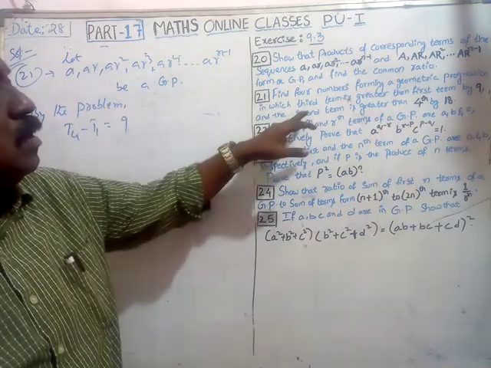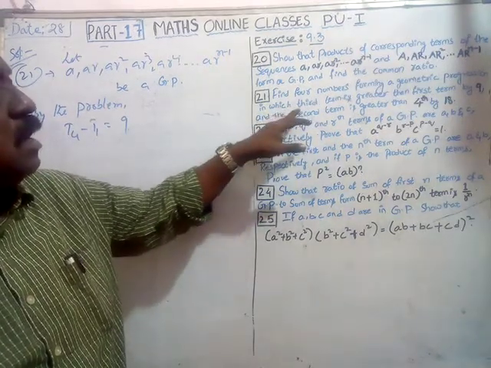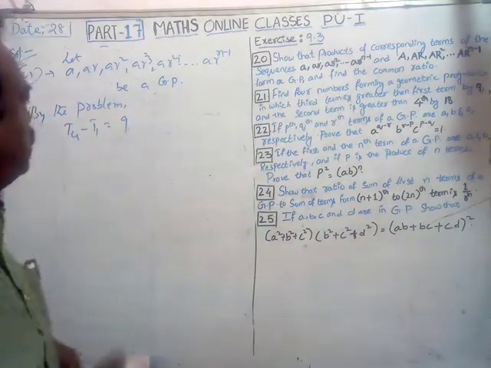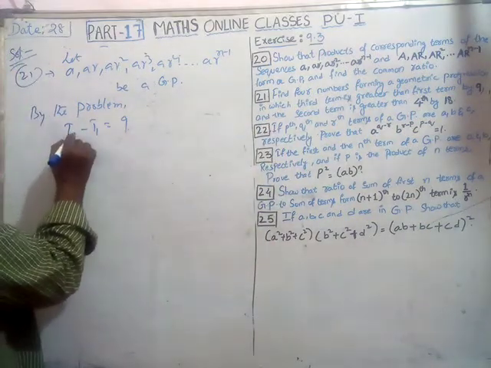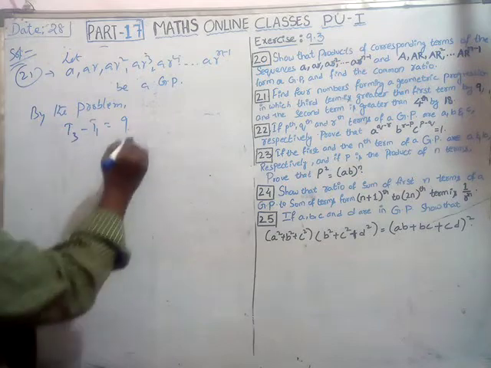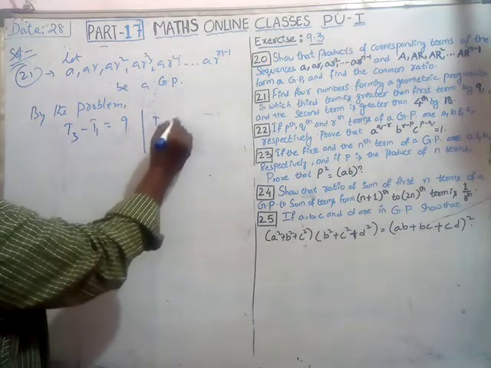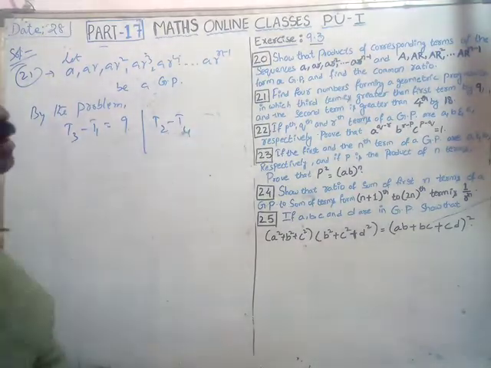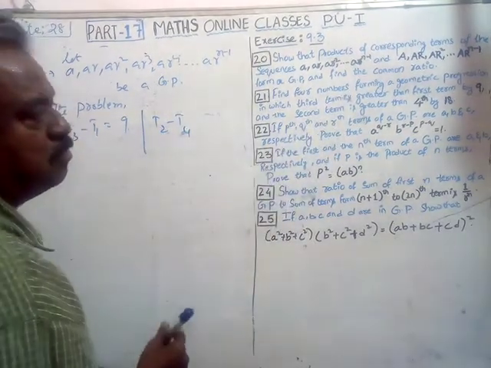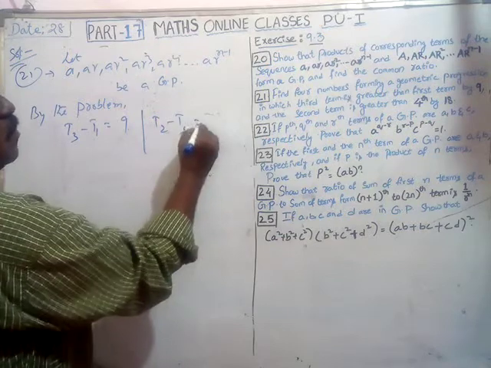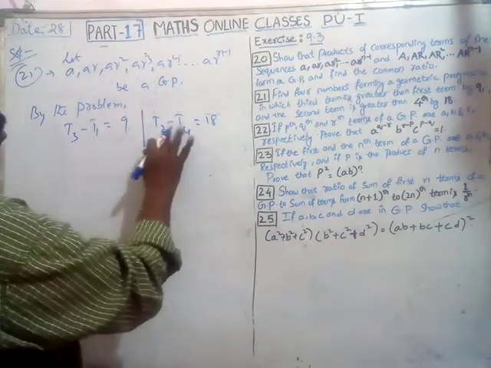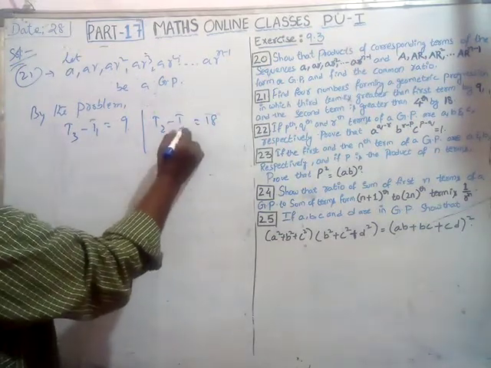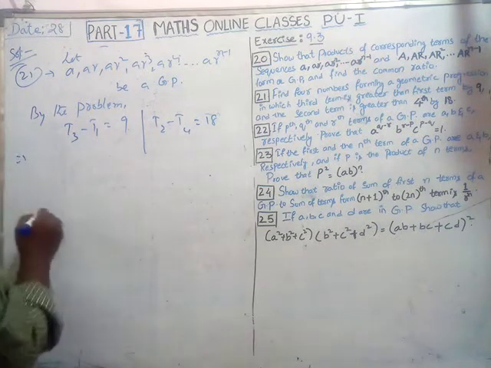The third term is greater than the first term by 9. And T2 minus T4 is 18, the second term is greater than the fourth term by 18. So it is one equation. Will you agree? That implies